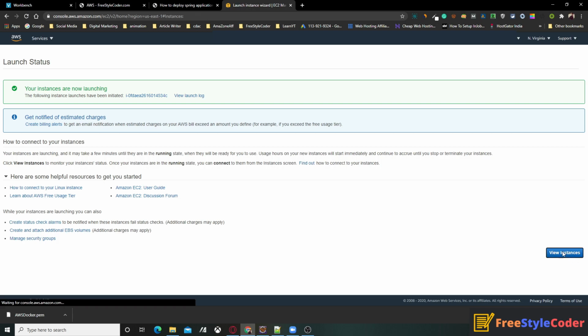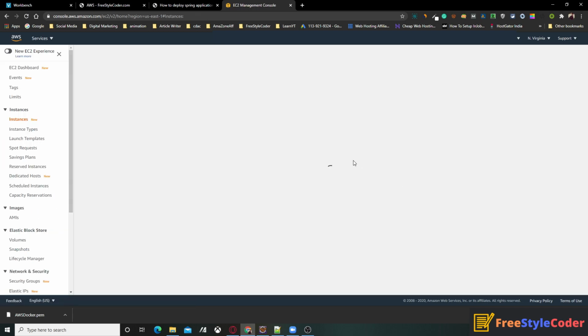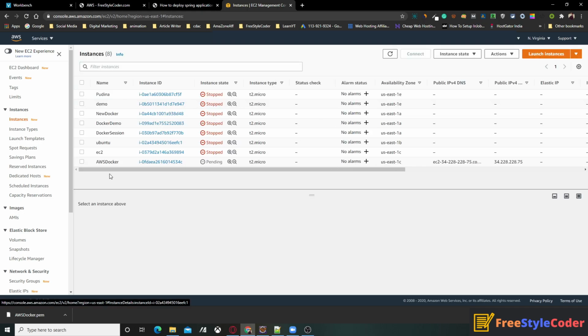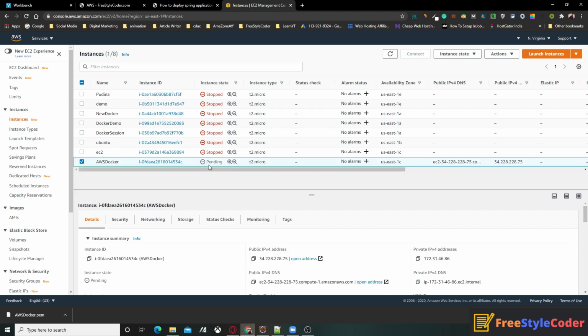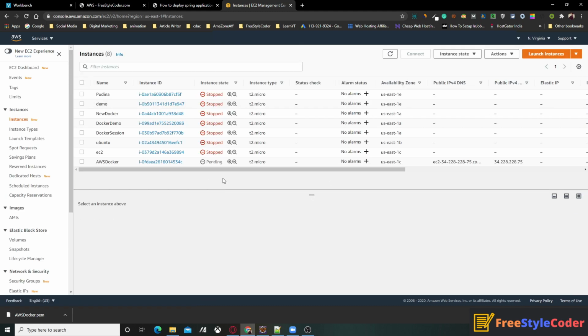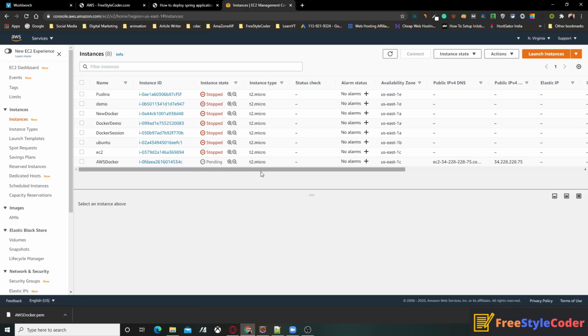Okay, then click on the view instance button. So here you will find your EC2. The current status is pending. So wait for it.